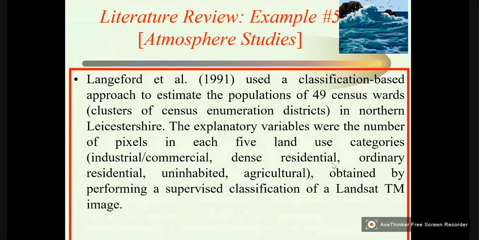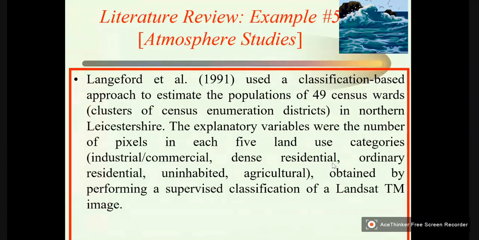Langford et al., another example, used a classification-based approach to estimate the population of 49 census wards. Again, the problem is estimation of population and the approach is classification-based. In northern Leicester. That means the location also he has given. The explanatory variables were given. He has given, in addition, information on the variables that are considered. So, like this, when we write